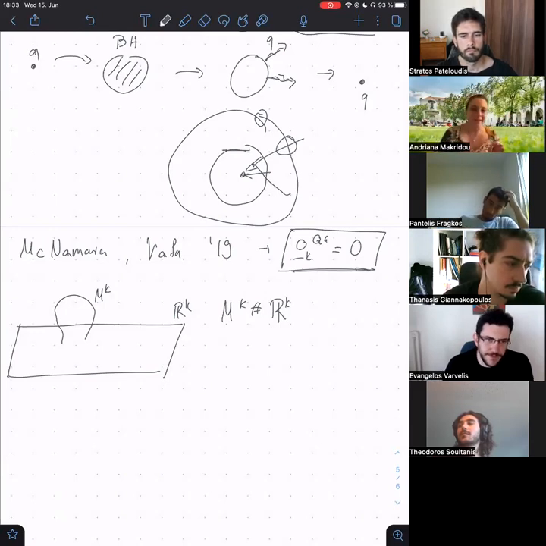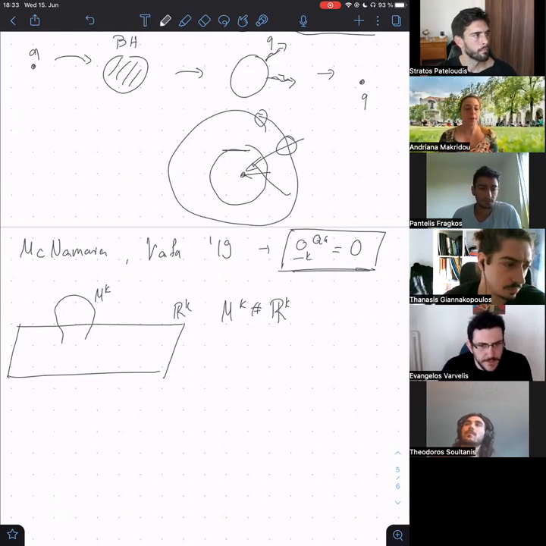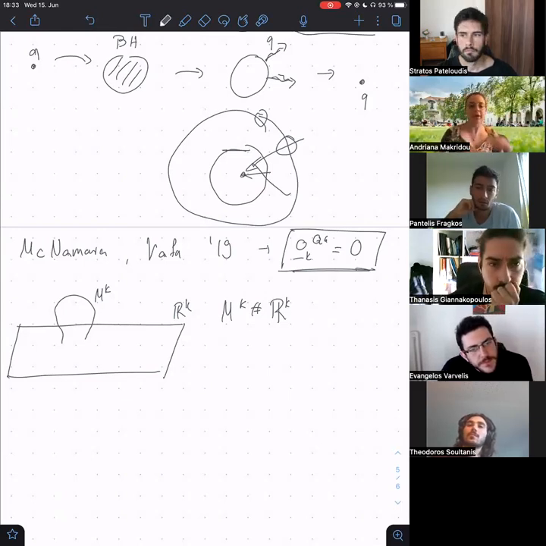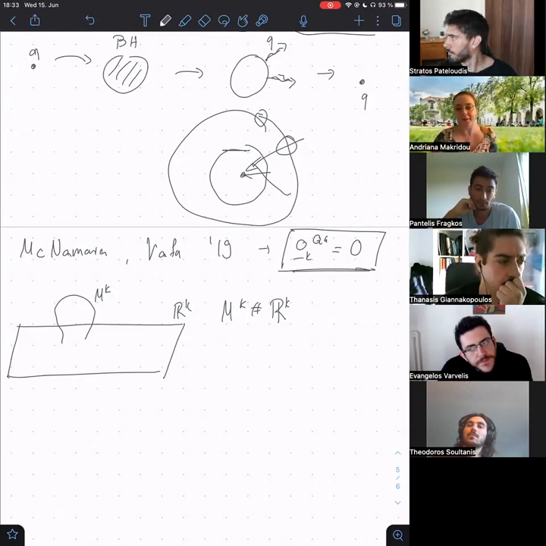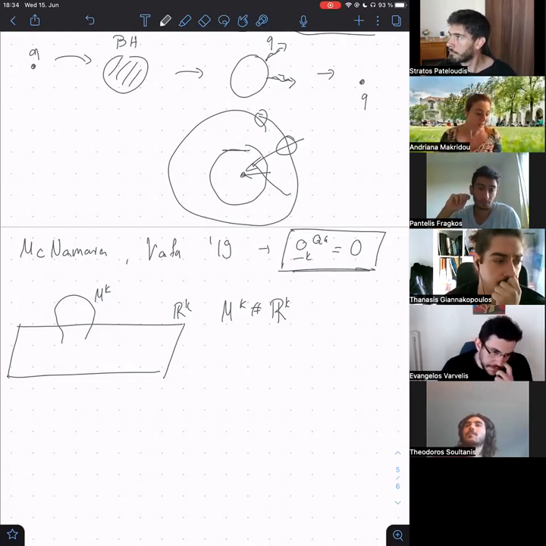Very hand wavy once again, but the good thing with this statement and this type of statements in general is that they have very strong predictive power. And actually this is being used. They have shown several examples that this can predict things that we already see in string theory and we expect to see. And they can also make predictions about things that we don't directly see or we don't know how to describe at this point.